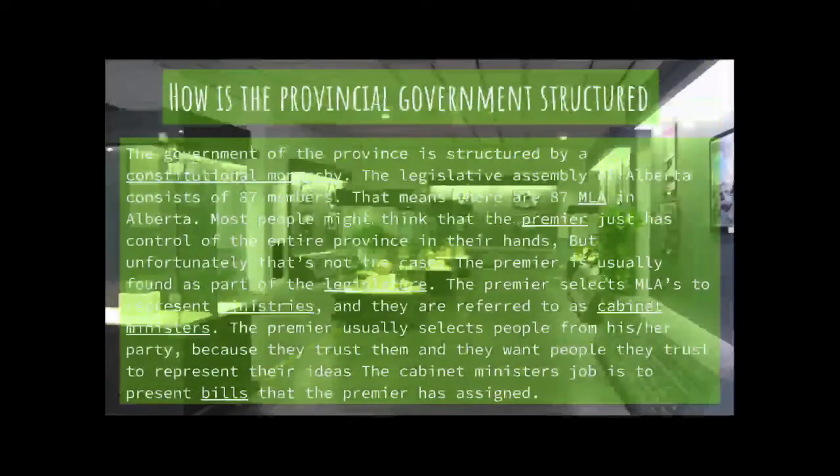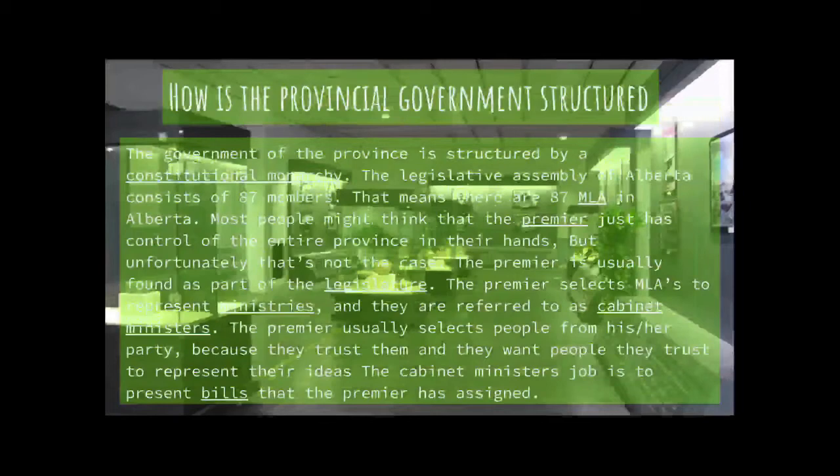How is the provincial government structured? The government of the province is structured as a constitutional monarchy. The Legislative Assembly of Alberta consists of 87 members. That means there are 87 MLAs in Alberta. Most people might think that the Premier just has control of the entire province in their hands, but unfortunately that's